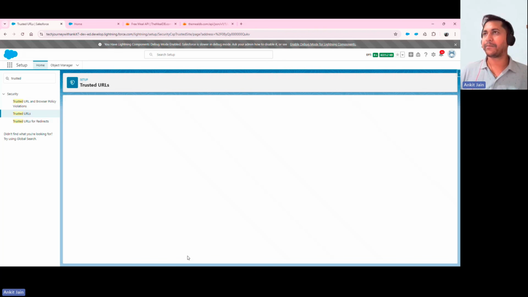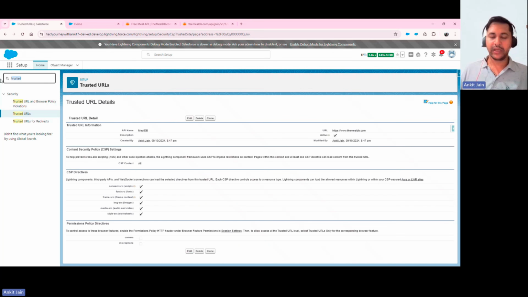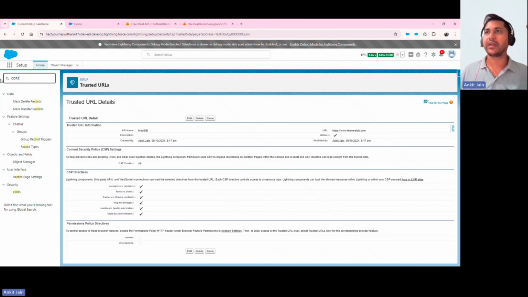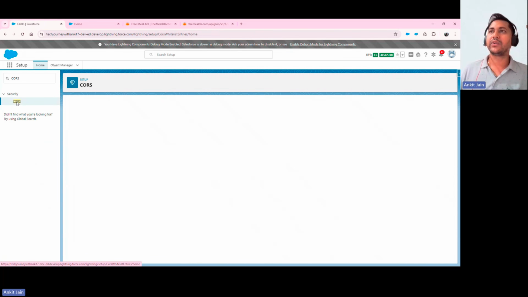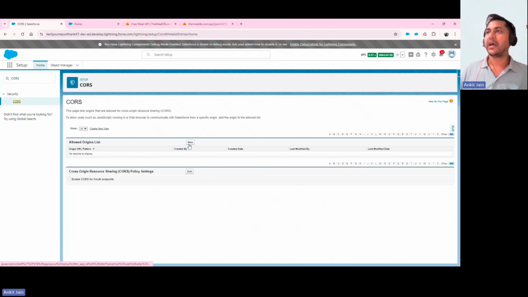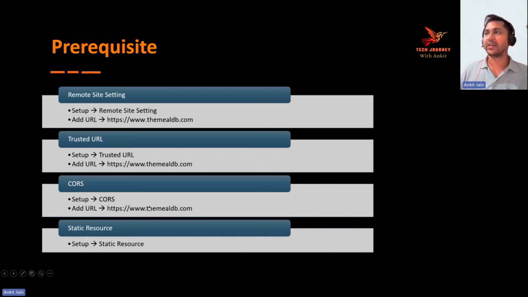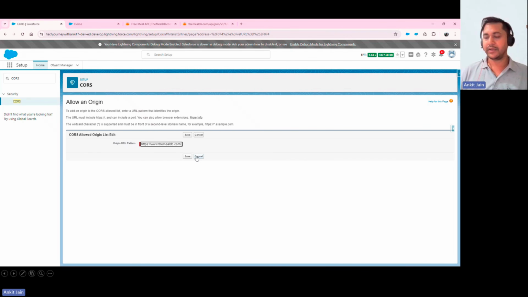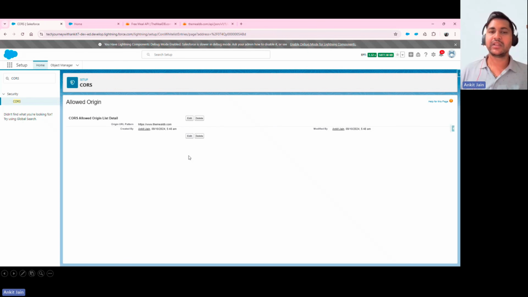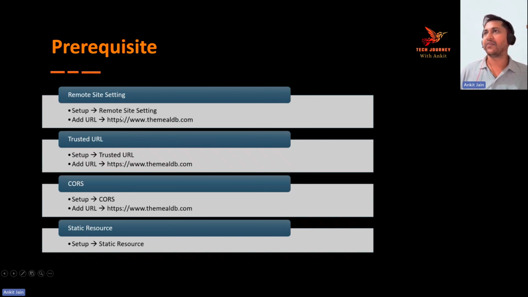and click on Save. The third thing that we have to do here is configure the CORS as well. For that, again, navigate to Setup, look for CORS and add the entry here. So click on New and put the same endpoint, removing the slash from the end, and click on Save. So we are done with the three prerequisites by configuring the remote site setting, trusted URL